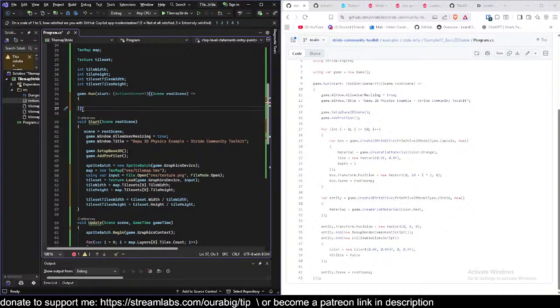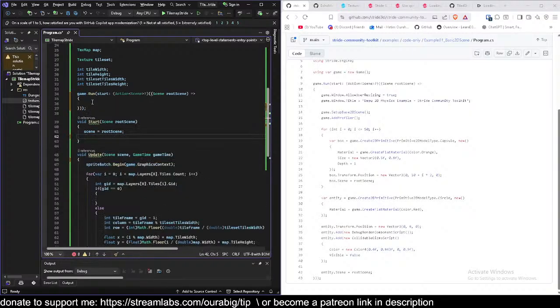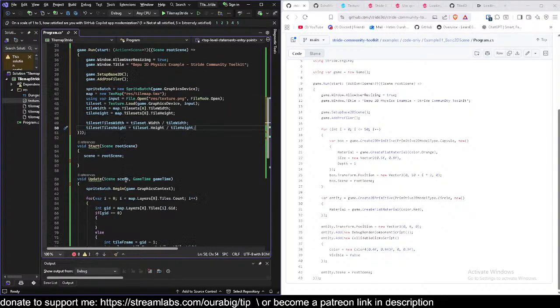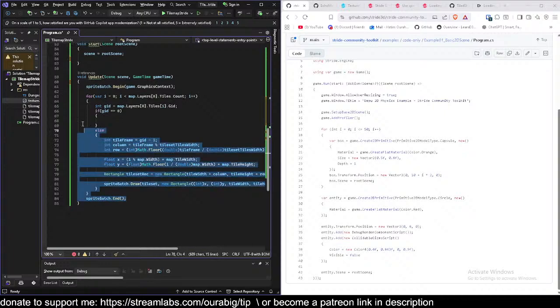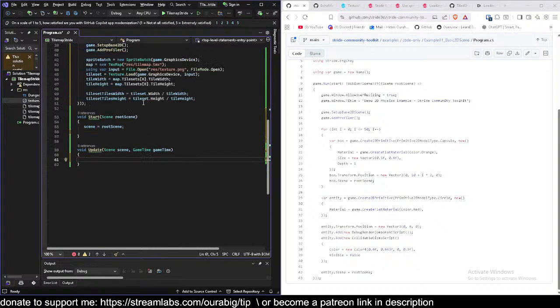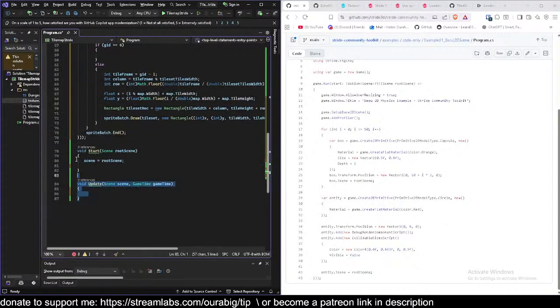Am I missing something? Like this. And I will just have all of this, Control X, Control V, and all of this going to be inside here. And yeah,